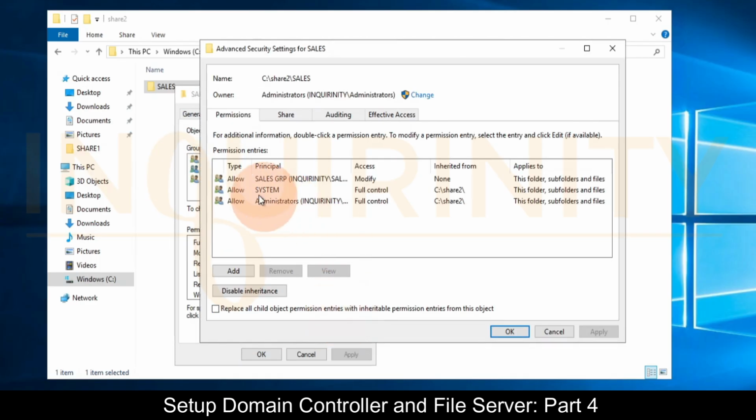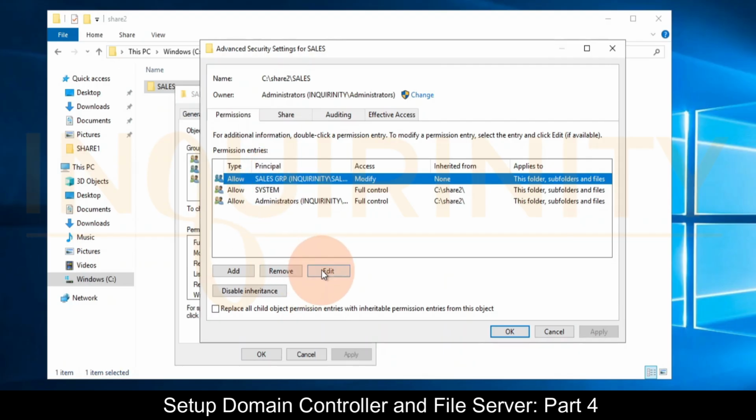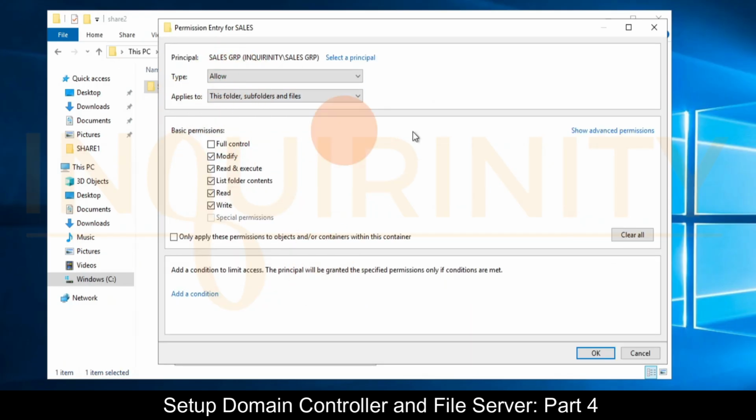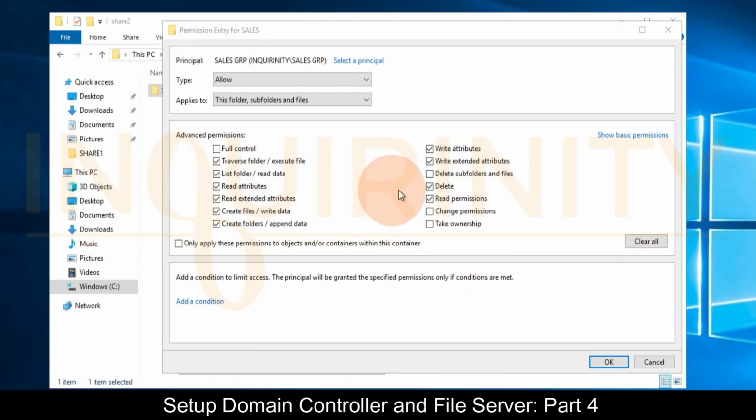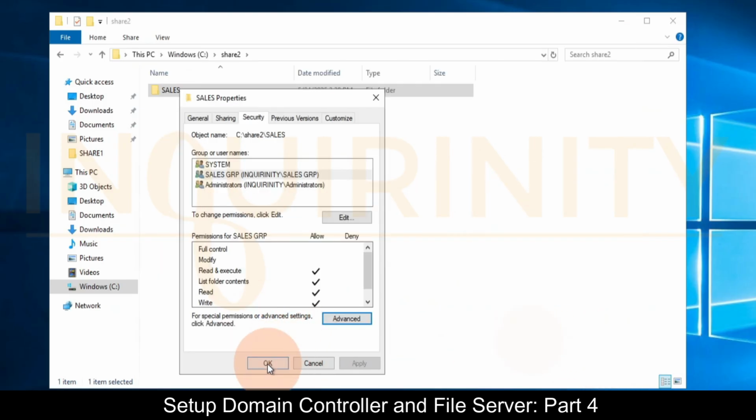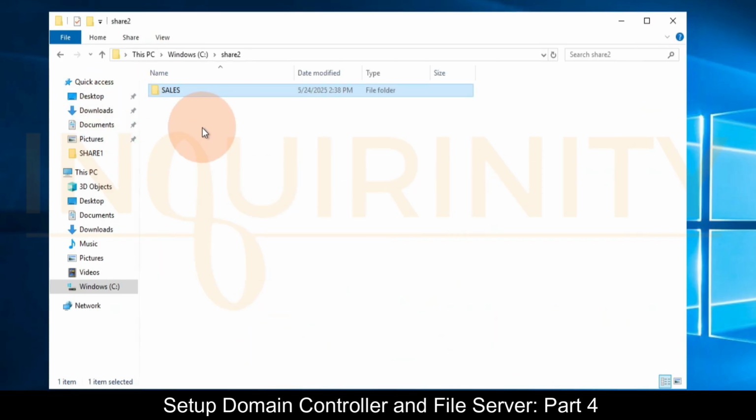So click advanced on here, so the sales group, and you click edit, and it has the modify. So let's go in and show advanced permissions, and yes, it has the delete on this particular folder. So it is possible for the sales group to delete the sales folder because of this advanced permission, which is the delete. So let's uncheck the delete, but check the delete subfolders and files. So click this one and click OK, click apply, click OK, click OK,